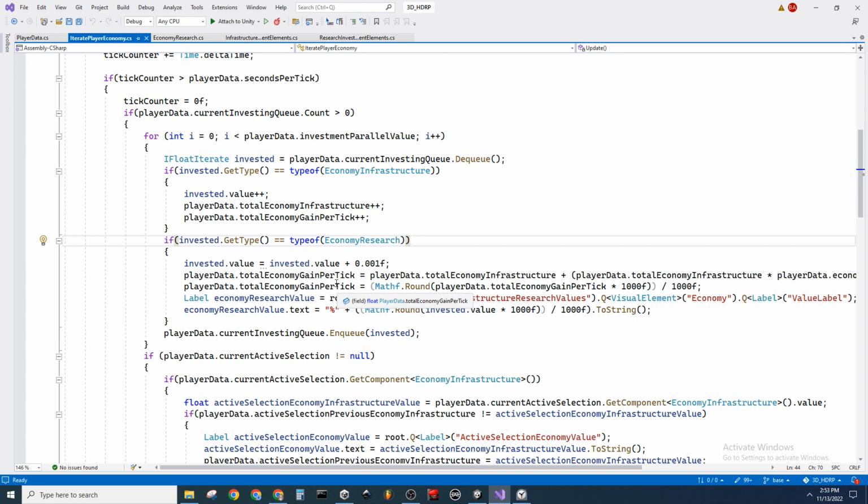And I don't have a true deficit notion for this, do I? So now I've got the total economy infrastructure giving the correct base economy value, but not